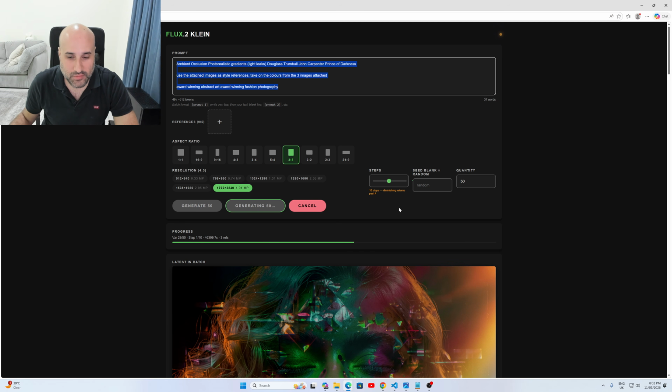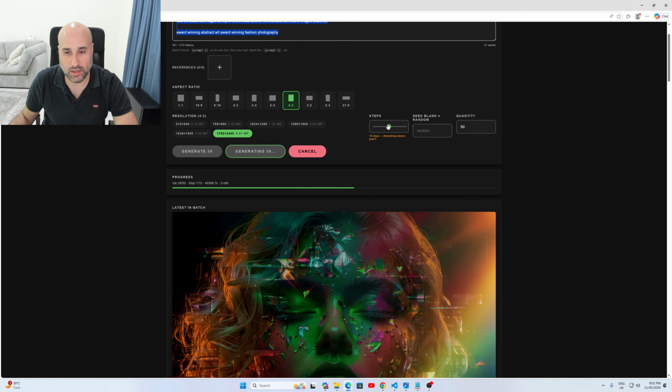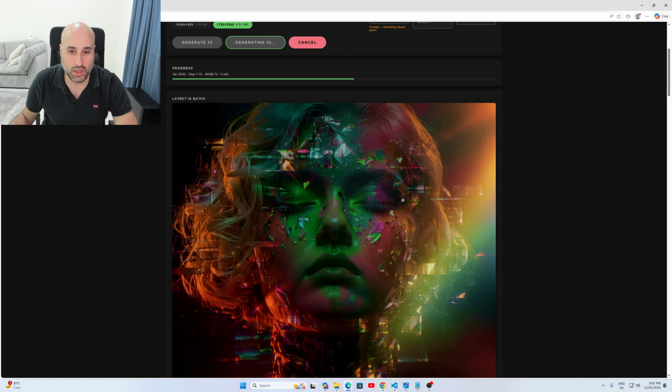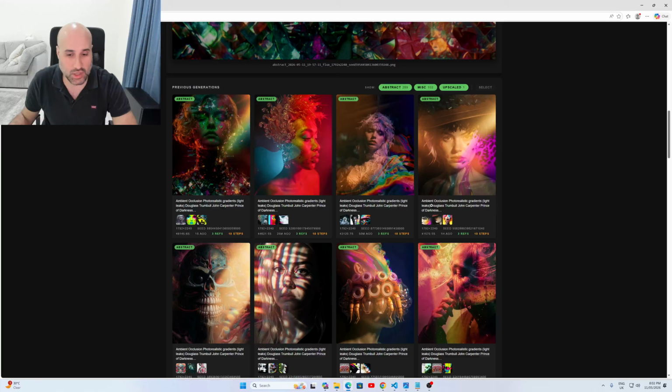Anyway, so I suspect that the amount of steps that you put into an image increases the amount of detail that you get in each image. So this is just very interesting for me. If you've been making images with AI image generators for as long as I have, this is quite interesting, and also not very costly either,